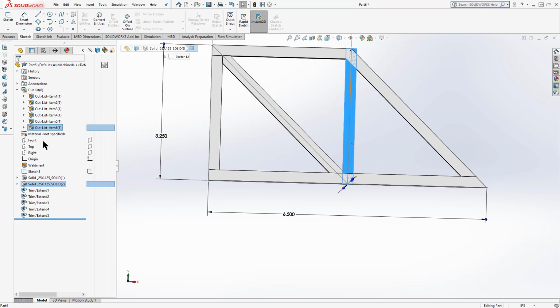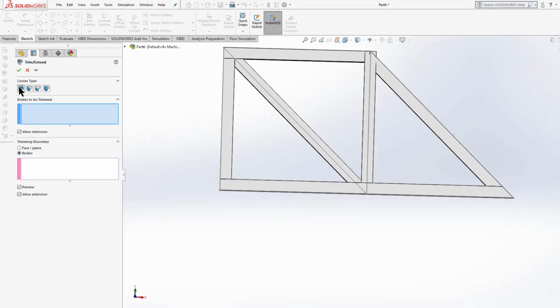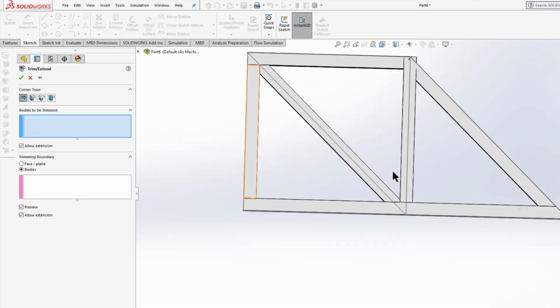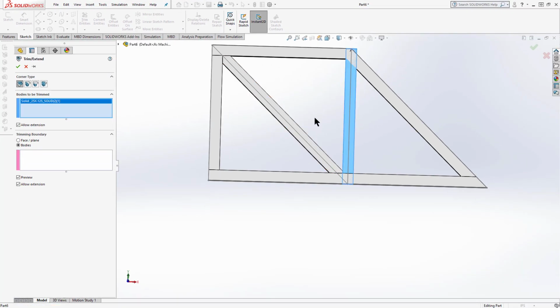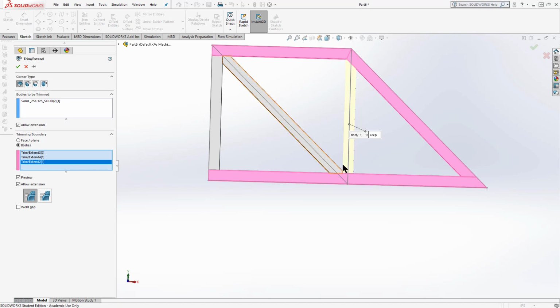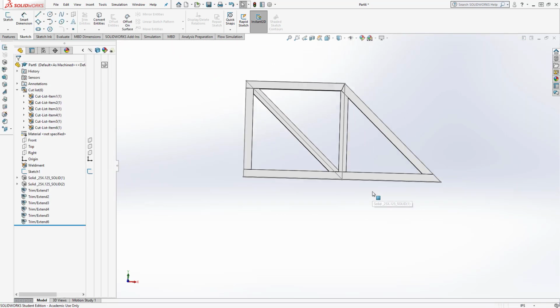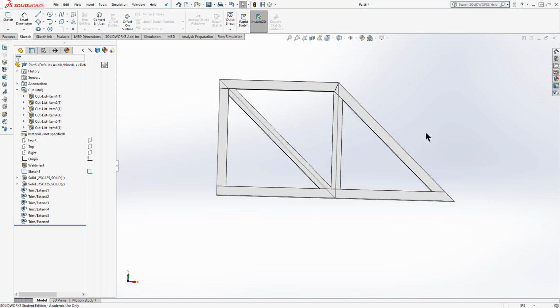I forgot about doing that as a butt joint. And I actually want to trim this to fit the inside also. So let's do an end trim on that as well. End trim. The body I'm going to trim is this inside piece. And the bodies that I'm going to trim it around are going to be right here. I've already trimmed there, so I don't need to do it again. And there I've got a nice, smooth